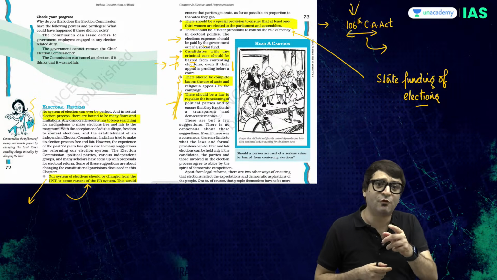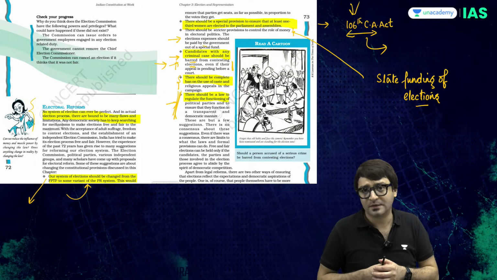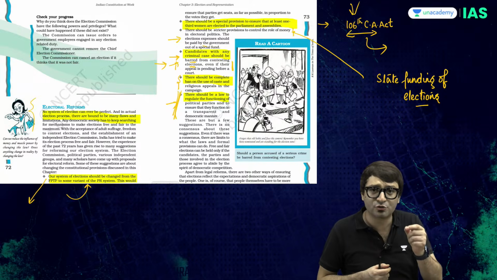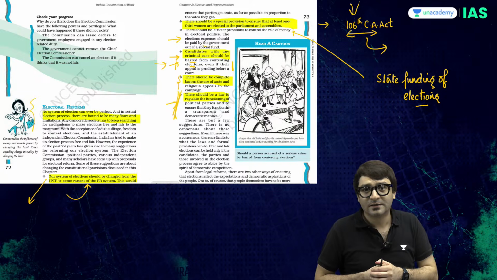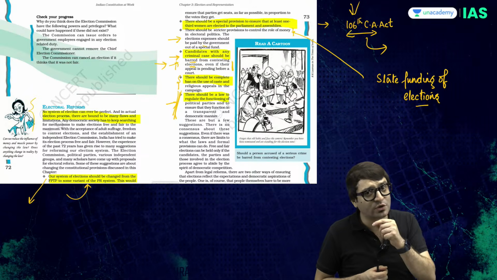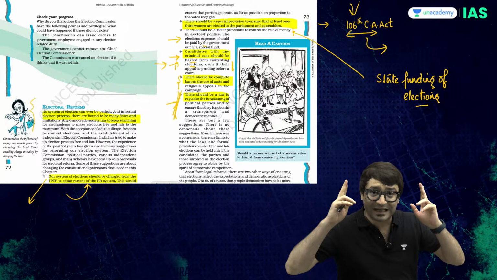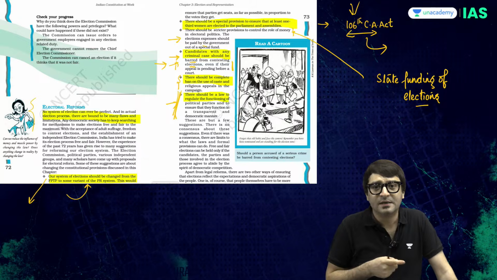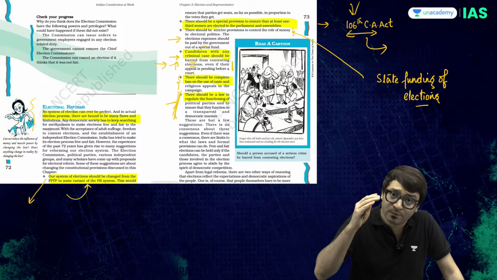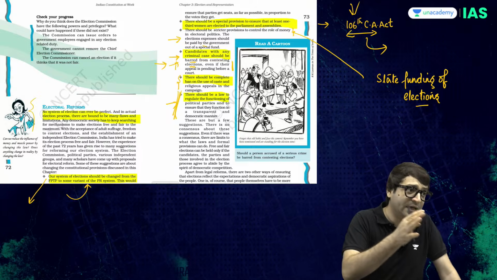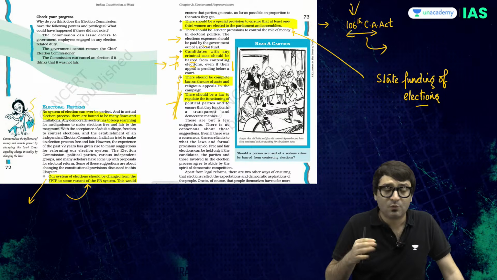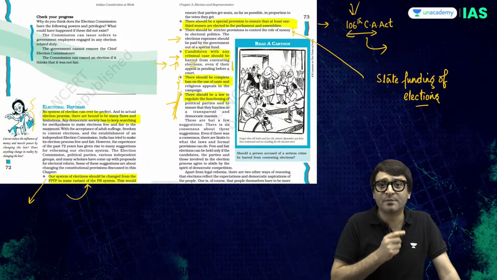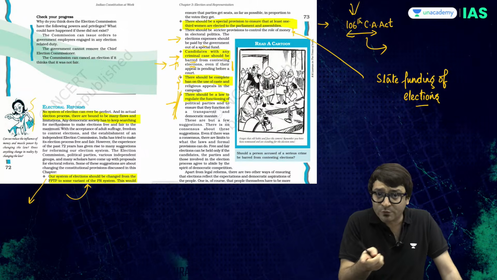If the government can force you to wear a seat belt when you're driving a car, if the government can force you to wear a helmet when you're riding a motorcycle, when the government can force you to pay tax, the government can also force you to vote in the elections, because government can do anything for the legitimate public interest. And forcing you to vote may be a legitimate public interest, but whether you should be forced to vote or not, what are the arguments in favor, what are the arguments against, what is an opinion poll, what is a post poll, what is an exit poll, should there be regulation of opinion polls, do opinion polls influence the minds of the voters,